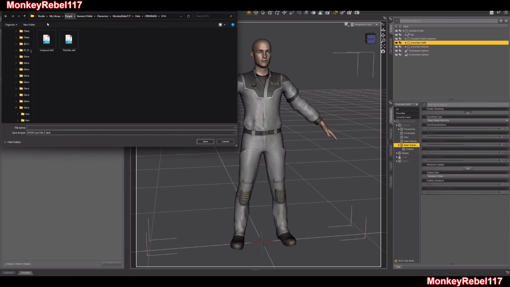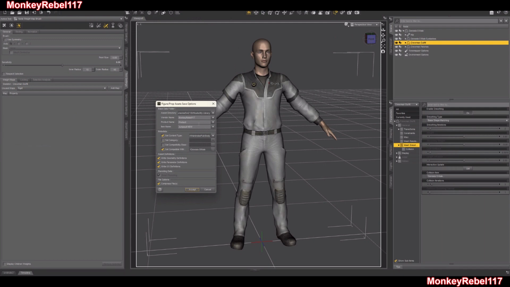I'm going to save it in Genesis or People, Genesis 8 Male, Characters, Micro 17, Halo, Crewman, and Halo 1 Anniversary. Because that's where the game is from. I named it Jumpsuit, so you would hit Jumpsuit and you do save. But I'm going to do Jumpsuit New, because I already made one. Then I'm going to name the product name, oops, not Z, Halo / Crewman / Halo 1 Anniversary /